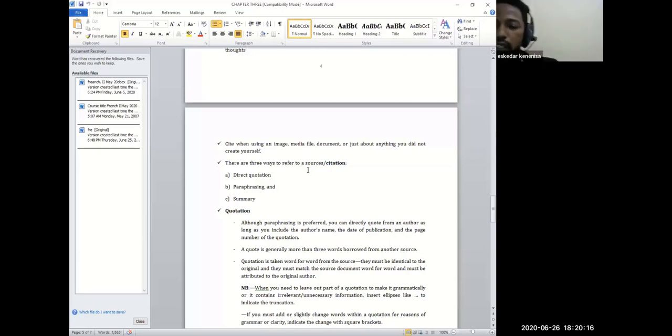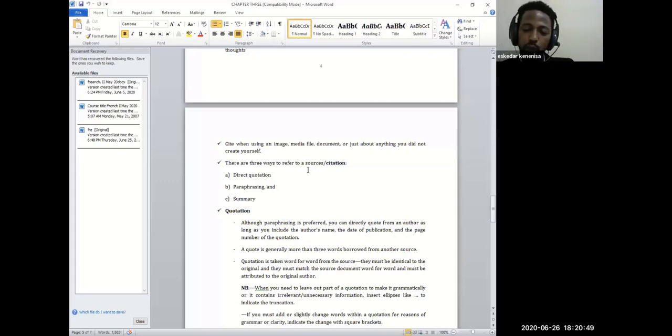In any scientific research, it is better if you use your own words. You are advised as much as possible to use your own words. However, it is also possible to include quotations in the literature review. Therefore, though you are advised to paraphrase, you are also allowed to make quotations.